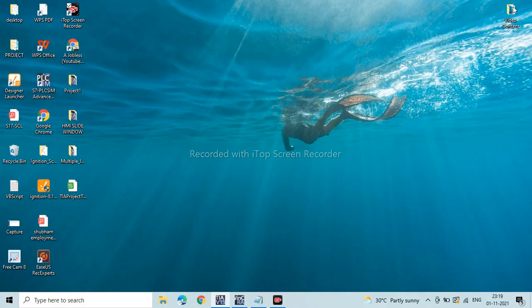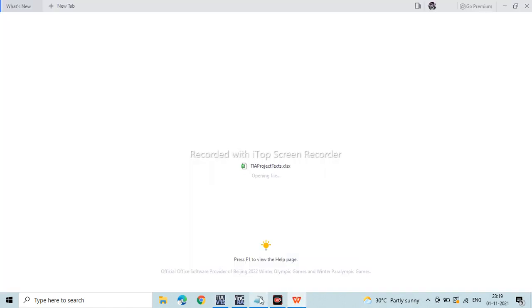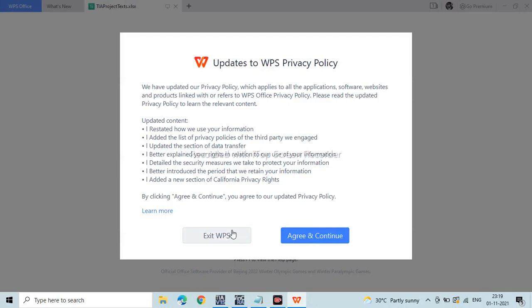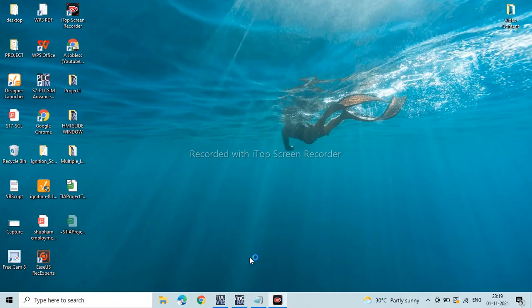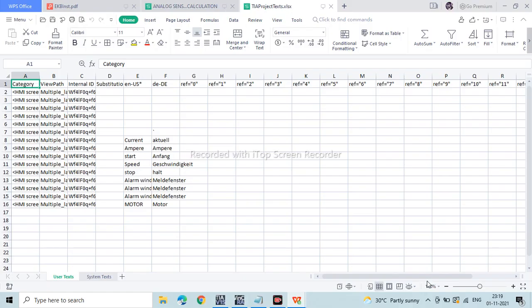Once export completes successfully, we will get one Excel file. Here is the Excel file.